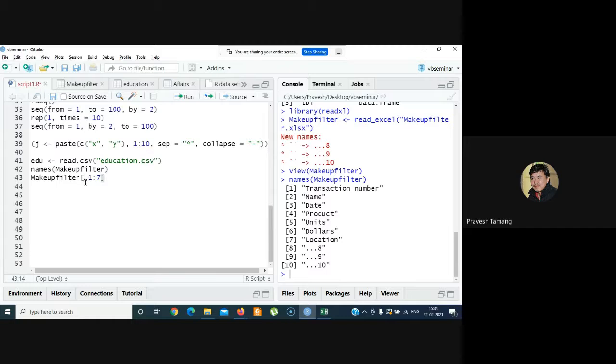And I want all the rows. So don't do anything with the rows, just keep them. Here I'm saying just keep the first 7 columns. So if I do this,